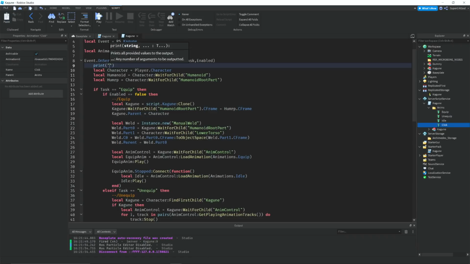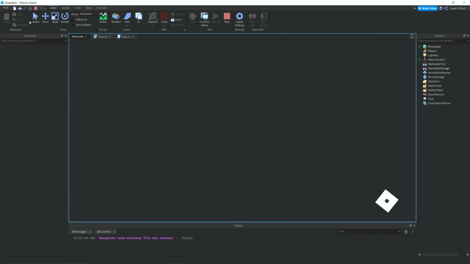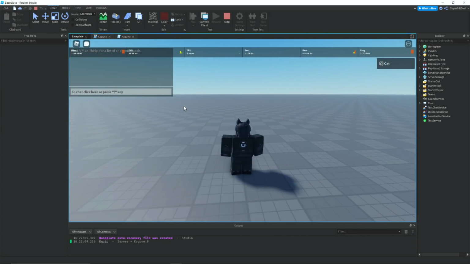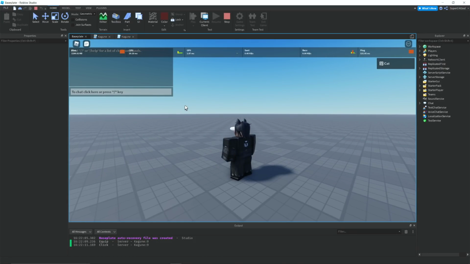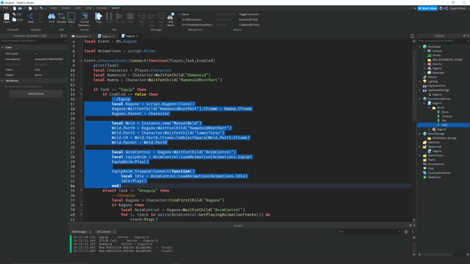I should probably print what task is, because I might be getting the wrong thing. What is task? Okay, it does know what it is. But it's not doing this. Why don't I...